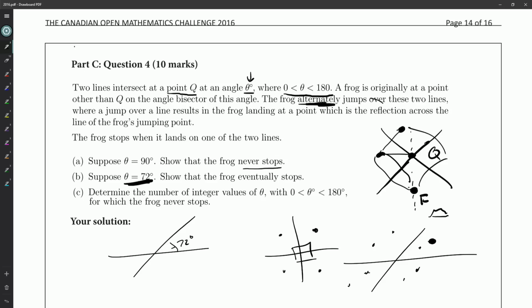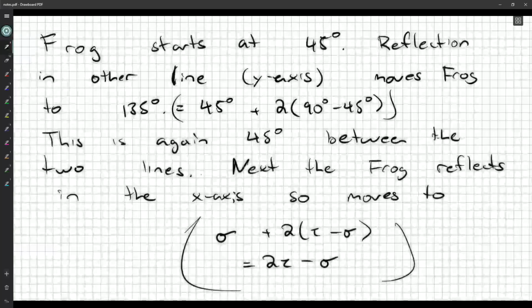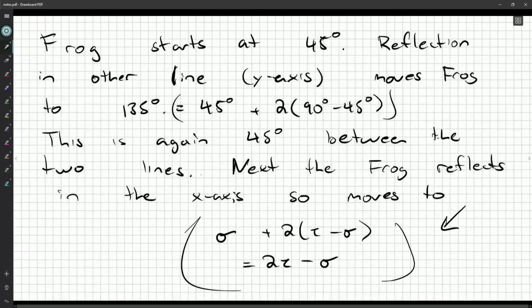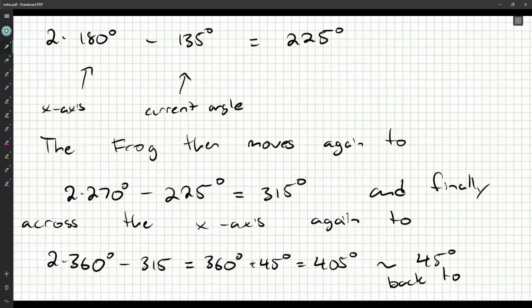Although, if you were actually writing the contest and you were a little nervous about C, maybe you didn't learn enough while doing A to try C, and you're running out of time, just trying B might be enough. I suspect that if you start at B, after maybe 3 or 4 jumps, you might actually hit one of the lines, and that wouldn't be too bad. But I think this observation here might be key, and then maybe there's definitely a symmetry of 360 degrees when it comes to this picture,